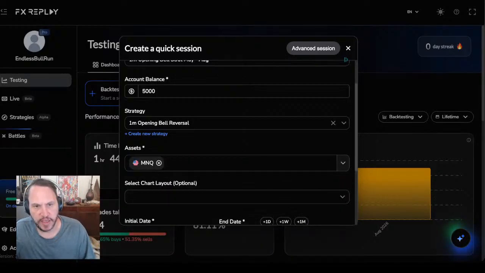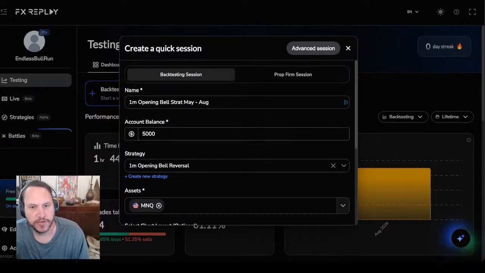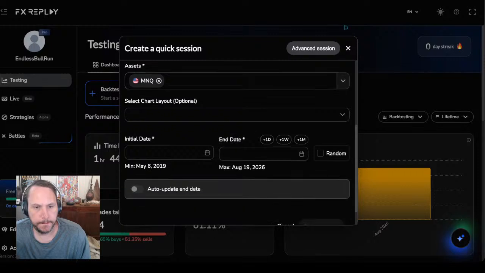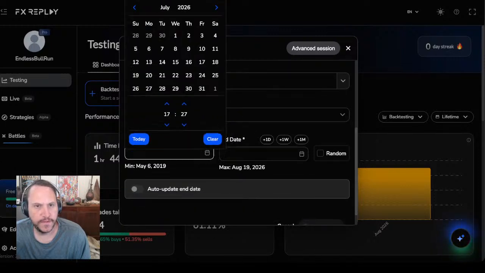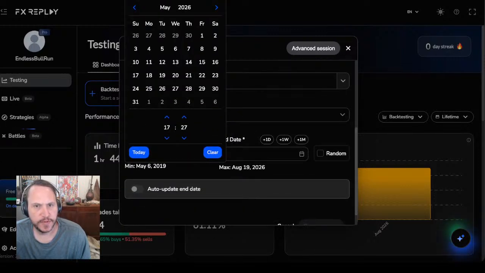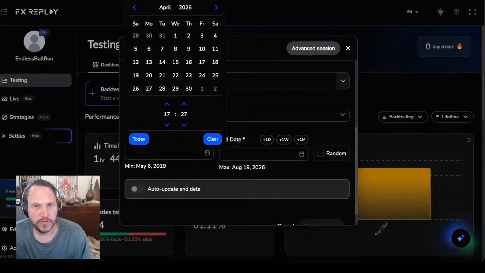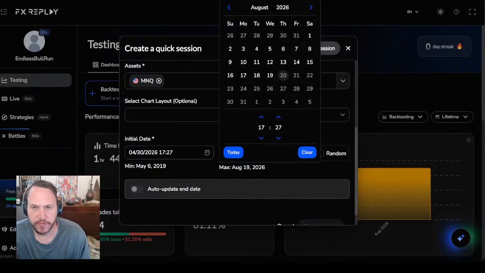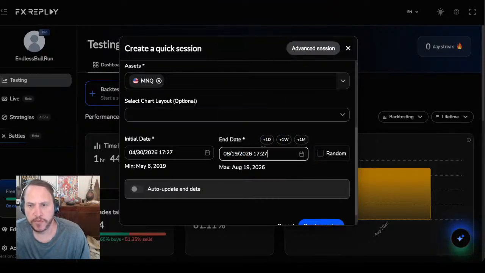I'm going to keep everything the same. We're going to start with a $5,000 balance. This time we're going to just go May through June, though. In this one session, we might get through it all today. So we'll start in... I do this just because sometimes it doesn't pick up. So I'm going to start in April, the last day of April, but I'll do the first day of June. And then it won't let me backtest today, so we will do up to yesterday. I know today's would have worked. I kind of watched it, I think a couple times this week it would have worked.